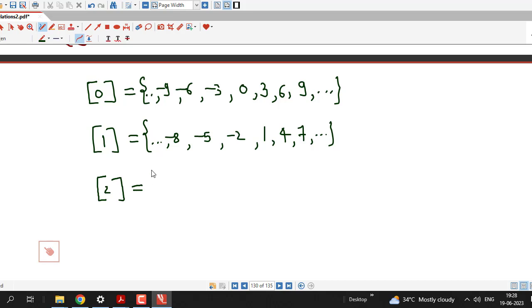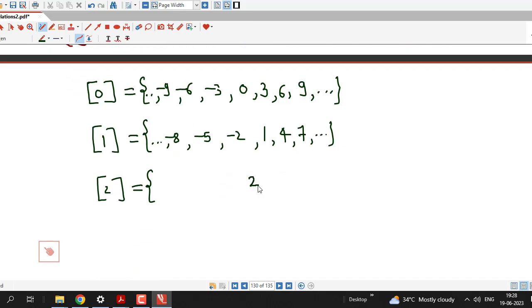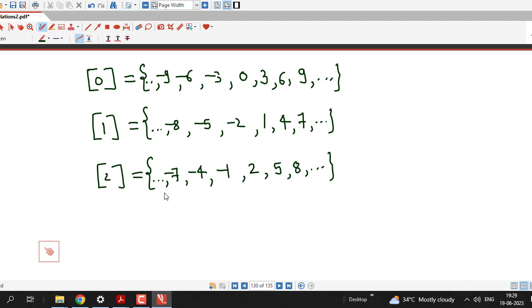The equivalence class generated by 2. So I have to start with 2. 2 plus 3, 5 plus 3, 8, and so on. 2 minus 3 is minus 1, minus 1 minus 3, that is minus 4, minus 7, and so on. Now if I consider the intersection of any two equivalence classes which I have written here, then you can see